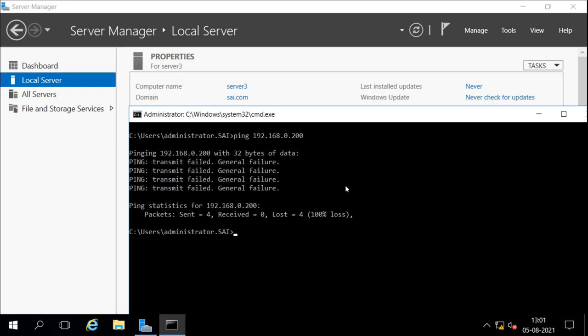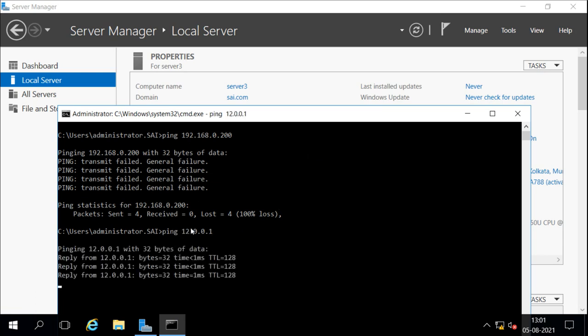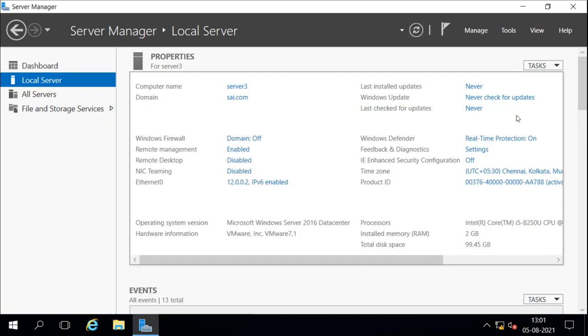Now if we want to connect, we have to have a router in between. Server 2 will act as a router because this machine can directly connect to server 2, which is going to be our router. When this machine wants to connect to the other network, it has to go through the router, so it must know the IP address of the router.